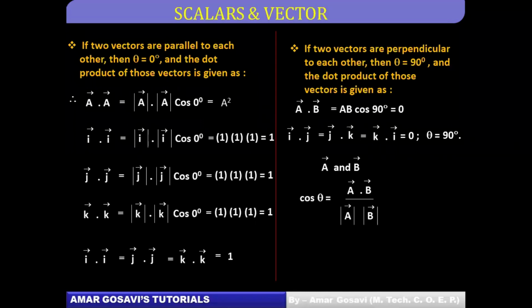So let's please make a note of this. Very, very important slide. So important thing which comes out of this slide is if two vectors are perpendicular to each other, then their dot product or the scalar product will be 0. Once you note it down, let me know so that we proceed further.